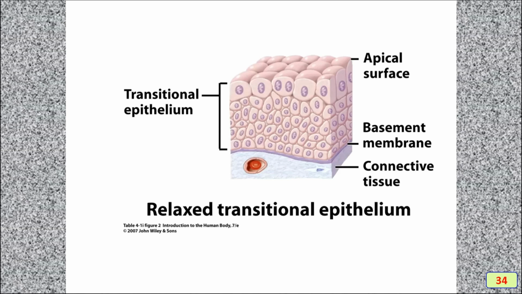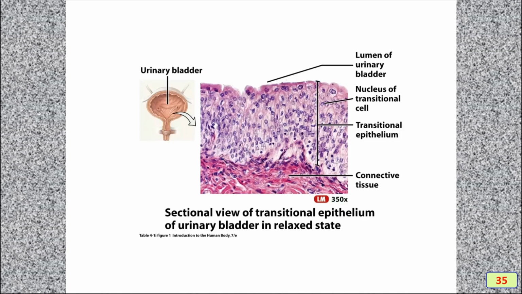So here, transitional epithelium means the cells get relaxed and also expand. They have connective tissue under the basement membrane and the apical surface. The sectional view of the transitional epithelium looks like this photo, especially of the urinary bladder. It has a very high stretching capacity, and the loose connective tissues of the muscles also have